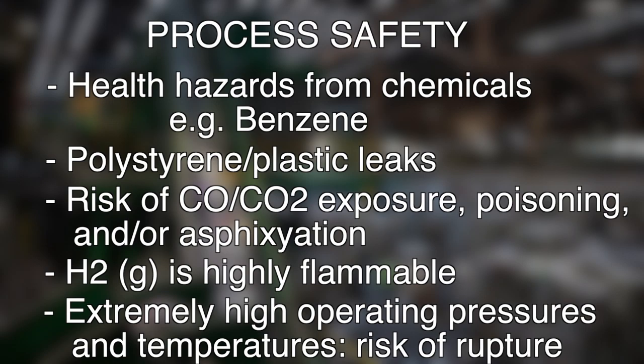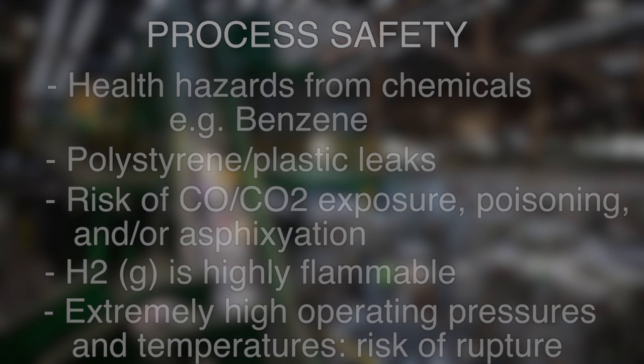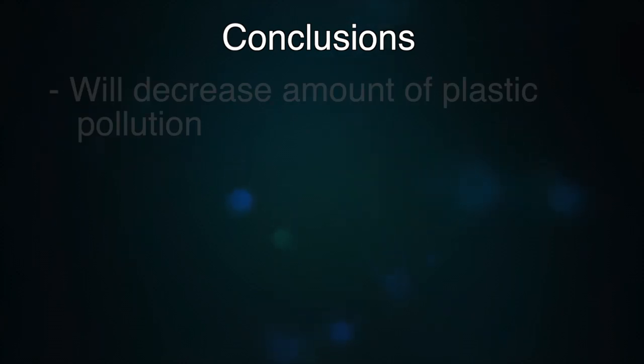Furthermore, the syngas product is to be compressed to a high pressure of 20 bar, so adequate safety measures will need to be in place to mitigate the risk of explosion or rupture of any of the process vessels or product containers. So given the potential global, economic, and environmental impact this process could have on decreasing the amount of